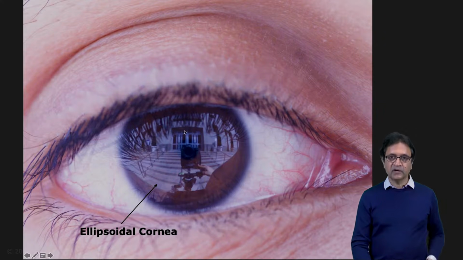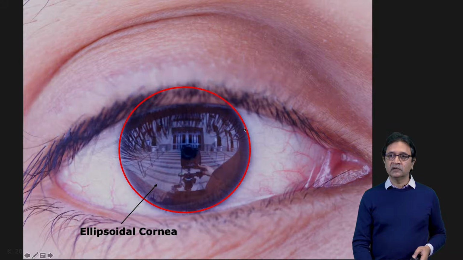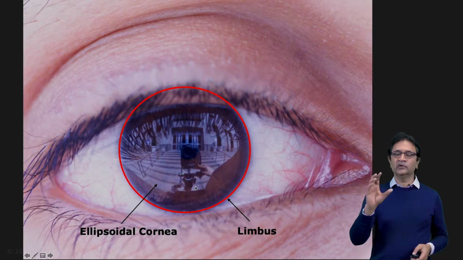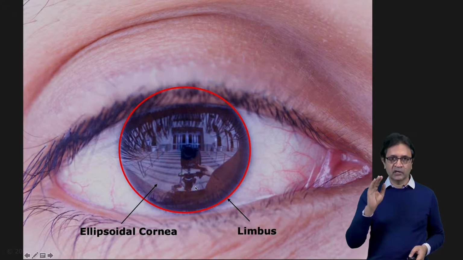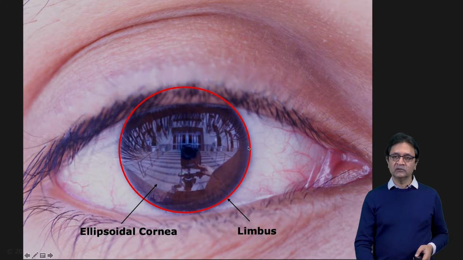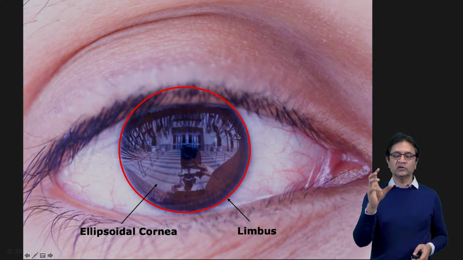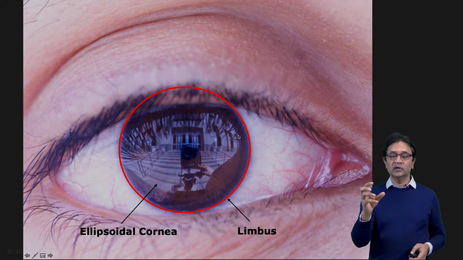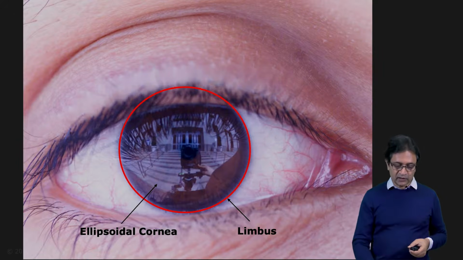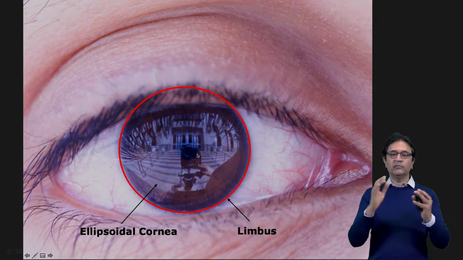So what you can do is find this border right here. It's called the limbus, between the cornea and the white part, which is called the sclera. You find the limbus. Once you've found this limbus, in any photograph, if it's a high enough resolution, high quality photograph, if you're able to find the limbus of any eye in there, a normal adult cornea, then you have found the location, the position and orientation of this ellipsoidal mirror with respect to the camera that was used to capture the image.